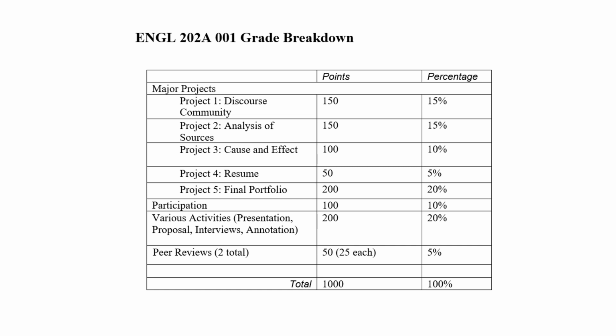I would say the biggest challenge with the summer course is the volume of work. Now, project 1, project 2, project 3, they're basically 5 pages for each one of those essays. And we do have these various assignments. We do annotation. There's an interview you have to do as well for the first essay. And then we have to do a presentation, and then there's a proposal, and then we do peer review. There's really not any quizzes that we do. We're focused primarily on these essays, essay 1, essay 2, essay 3.